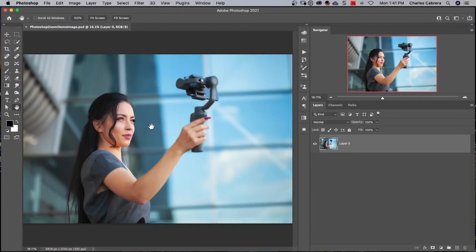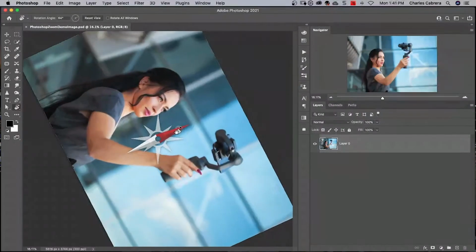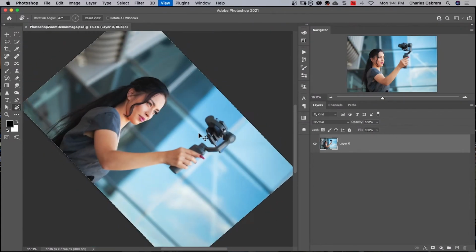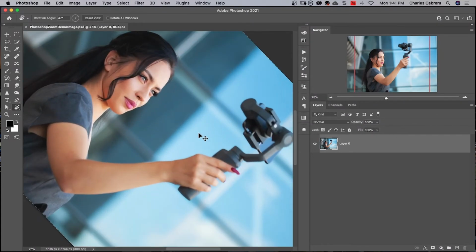And here's a bonus tip. We're doing all this zooming in, and sometimes we do that because we want to work closely on an image. Well, there may be times where we want to see the image at a different angle. So if you press R on the keyboard and you click and hold, you can rotate your image and you can also zoom in at the same time.